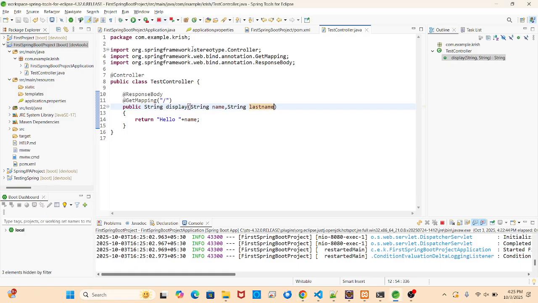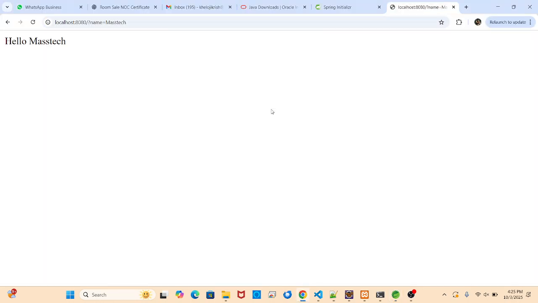Suppose you just tell me, let's see, I have not displayed this parameter, correct? This is the first parameter. If I give it Masthead business, will it work? There is a space in the URL. I am passing the name only, though. Only one parameter is there, only the name parameter.